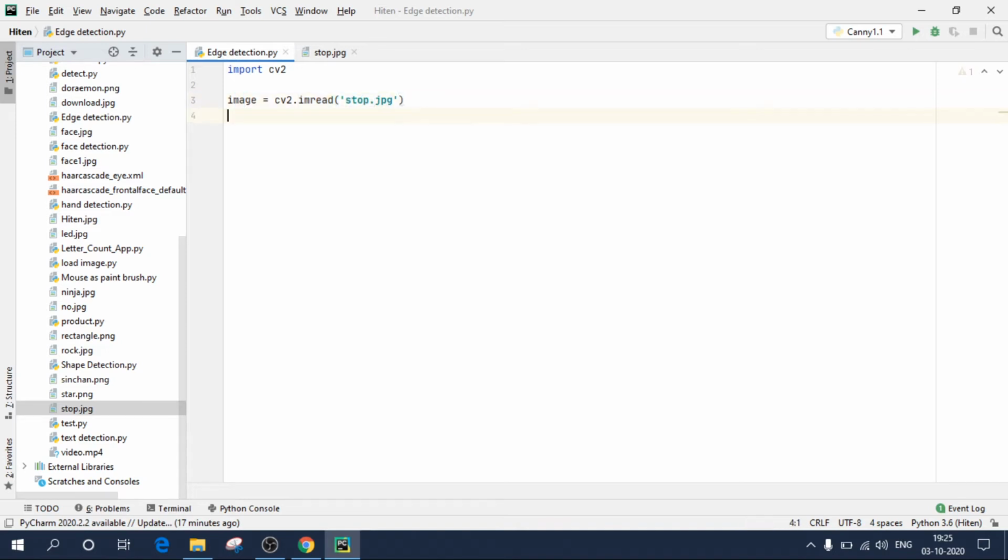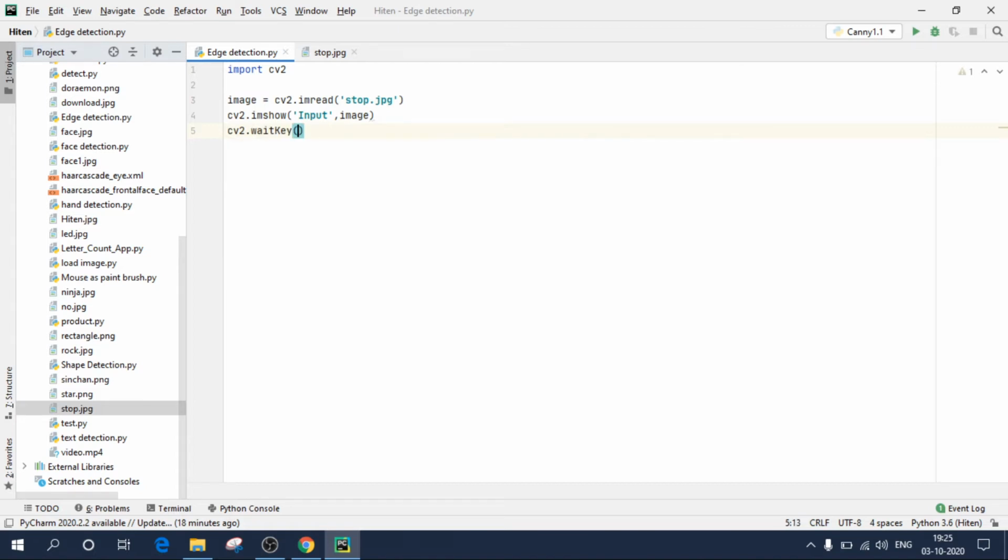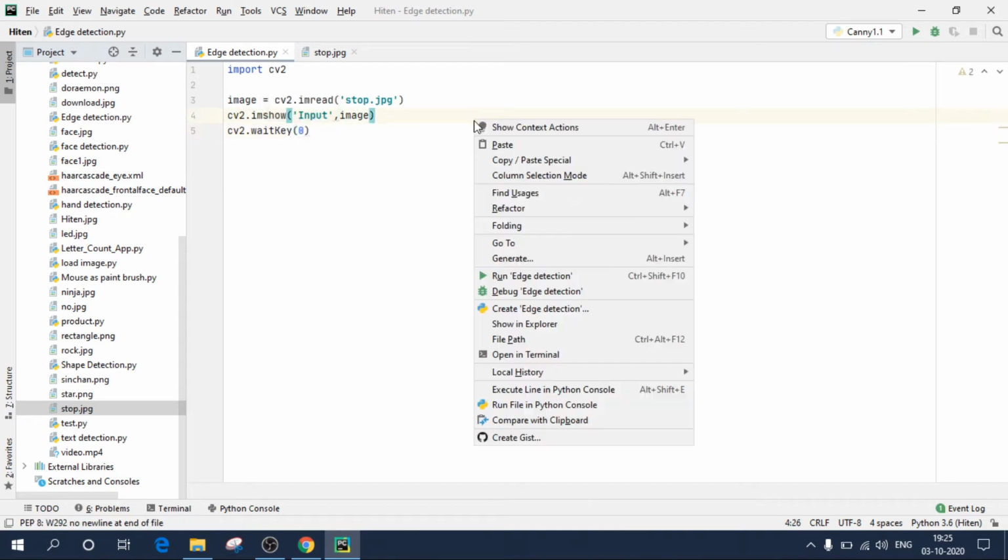And to display this image, write cv2.imshow. Give the output window name. I am giving it as input because it's an input image, comma, the variable in which your image is stored. Your image is stored in image, so just write that name over here and give an infinite delay. Again, I have covered all these points in my previous video, so do check it out so you'll get a clearer picture. And now if I execute this code,